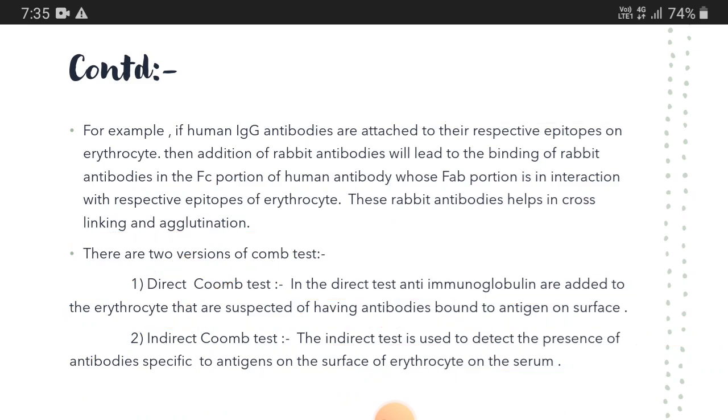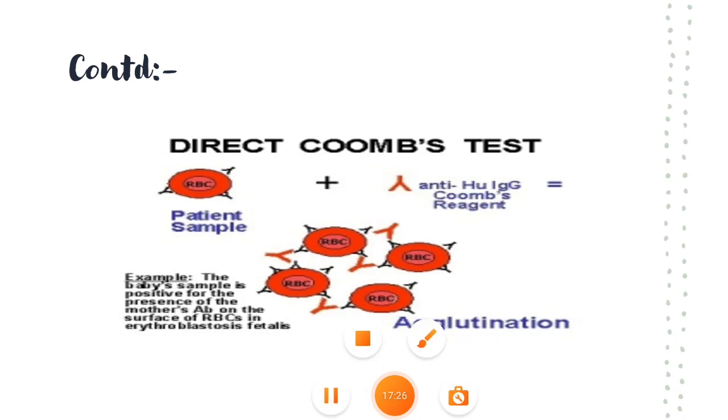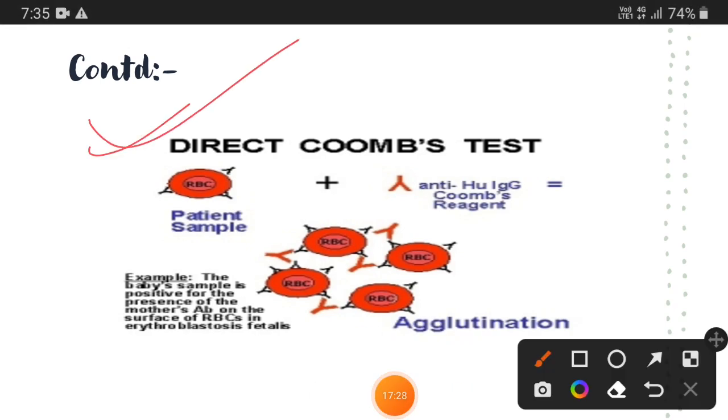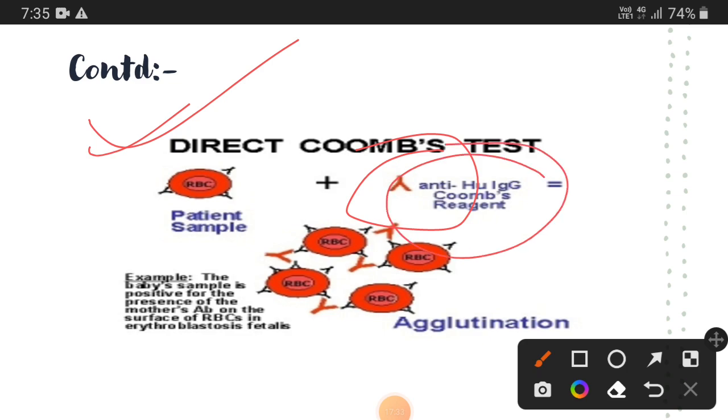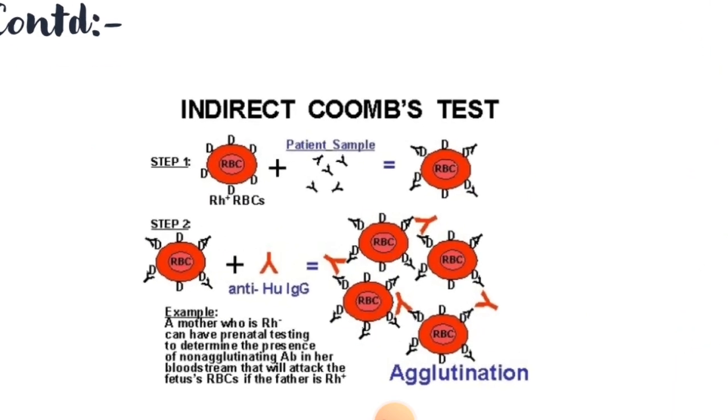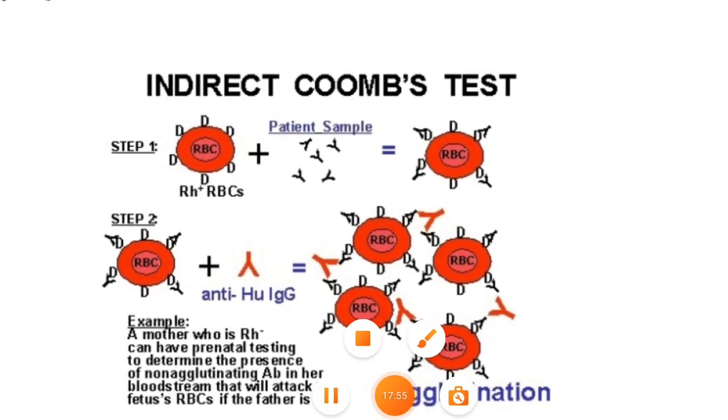So for example, this is the diagram of the direct Coombs test, where anti-human immunoglobulin is added to the patient sample on erythrocytes, suspecting that the erythrocytes have antibodies on their respective epitopes. As you can see, the antibody is already present, but things are different in the indirect Coombs test,